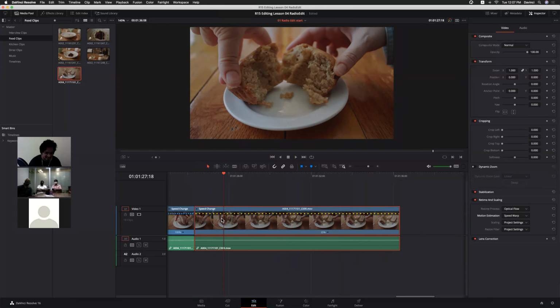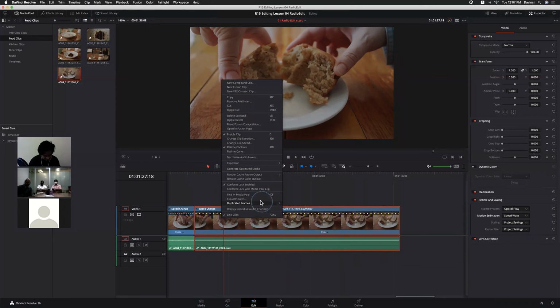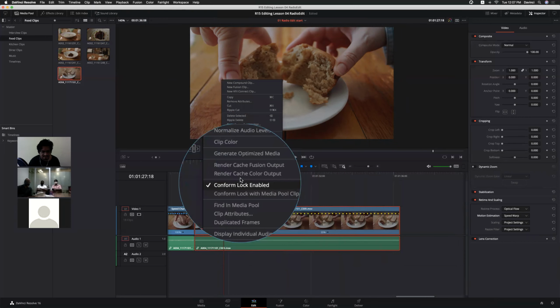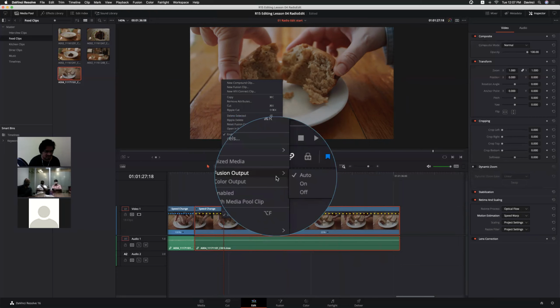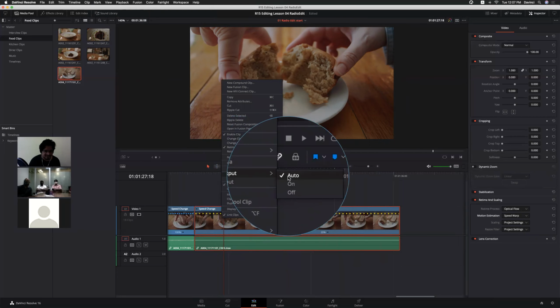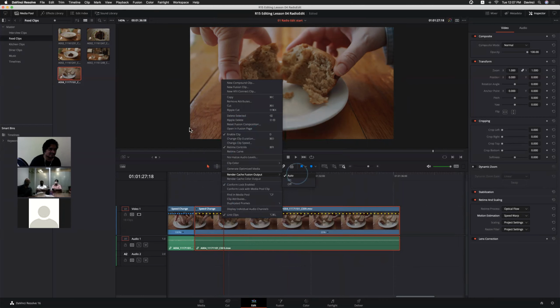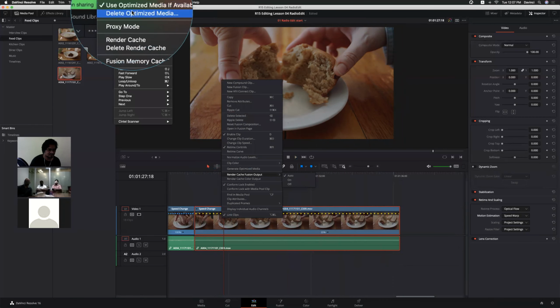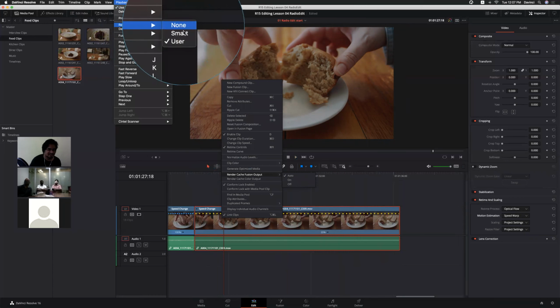So for that, right click on the clip. Here we have one option: render cache fusion output, auto. Auto means, for some clips, based on your playback settings. Under render cache, you will see these two options, smart and user.